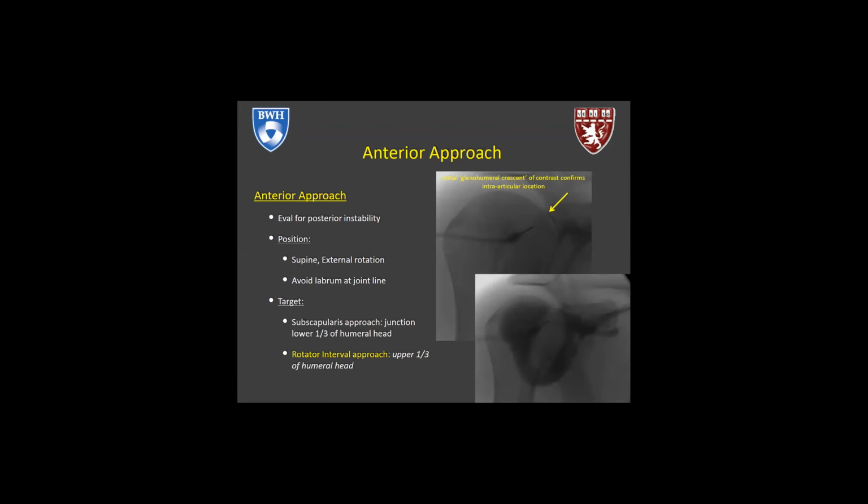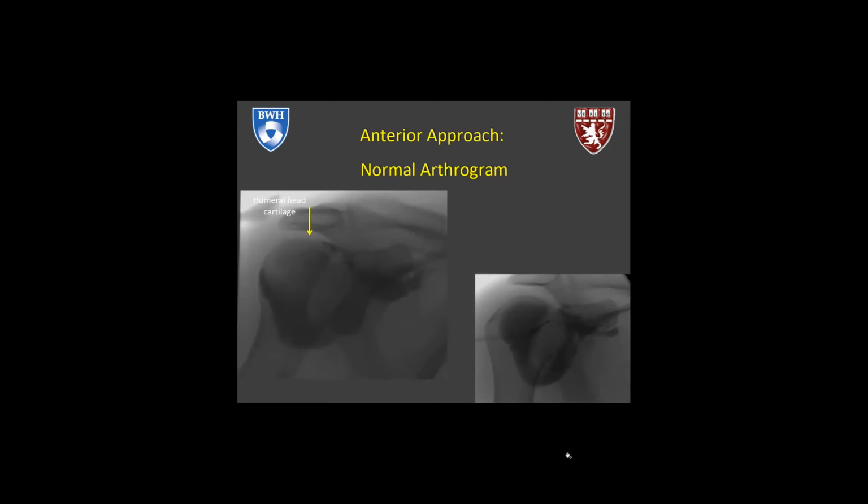Once you distend the joint to about 10 to 12 cc's, which are generally the volumes, you'll be able to see this nice shape of the joint contrast and where it's outlined. As we mentioned before, you can see the humeral head cartilage nicely. You can see a filling defect from the biceps tendon. You'll opacify the axillary pouch and the inferior glenohumeral ligaments. We'll see the subscapularis recess, which is this tongue-like projection inferior to the coracoid process. And then importantly, there's the relative lack of contrast in the subacromial space. Again, this is because the normal intact tendon should be sitting in there,